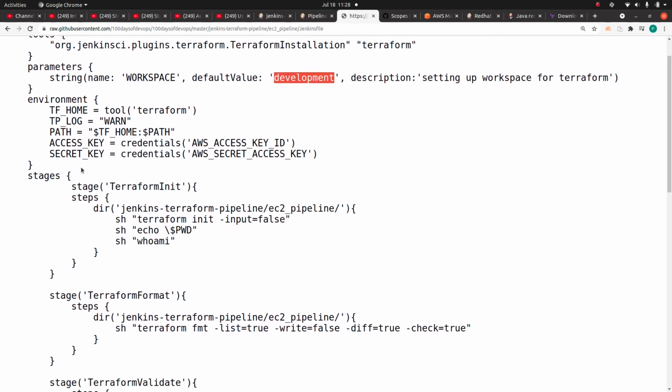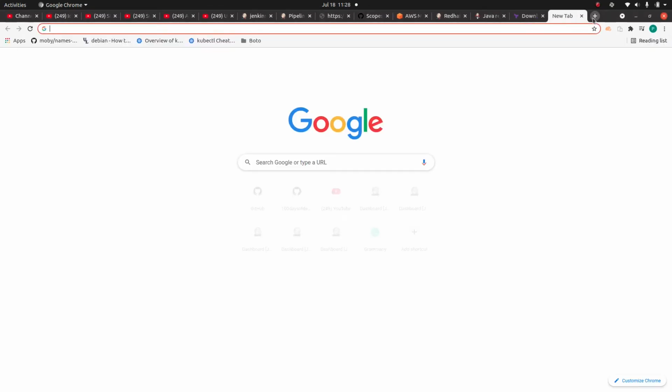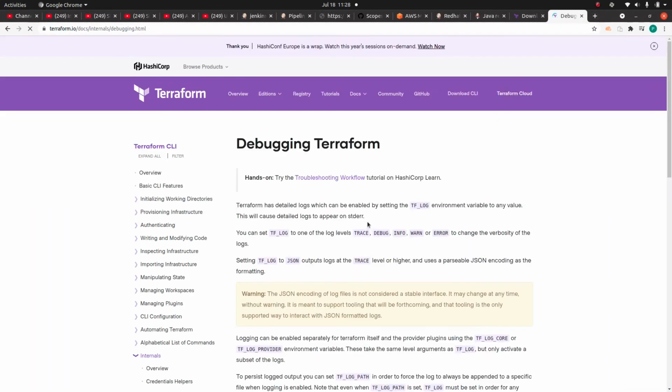Okay. Then I'm exporting a bunch of environment variables, for example the same thing we defined with the help of the plugin, the tool we are using, Terraform. Right now I'm setting the log variable to a warning level, but Terraform supports a bunch of these options. For example, it supports trace, debug, info, warning, or error, which change the verbosity of your logs.